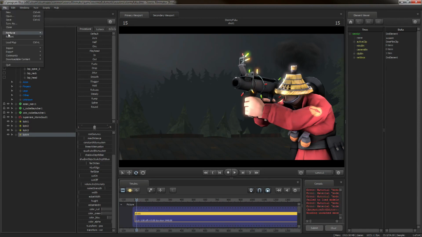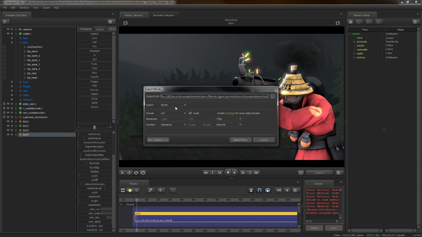Yep, and then we're going to go to File, Export as a movie, yeah? As a movie, I repeat, not as a poster, and then you drop down here, Image Sequence, Format, PNG, always PNG, unless you really like TGAs, I guess. Don't worry about that, resolution's fine, duration. So we want custom, and this to be on frames. And since we're on frame 15, and we just want frame 15, we'll do 15 to 16, and that will